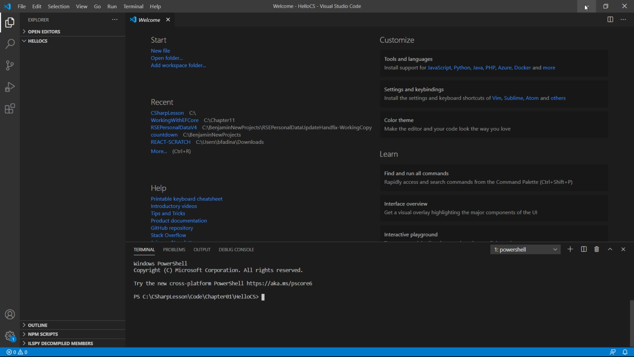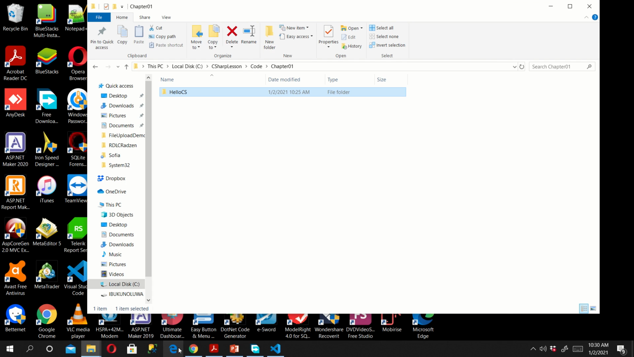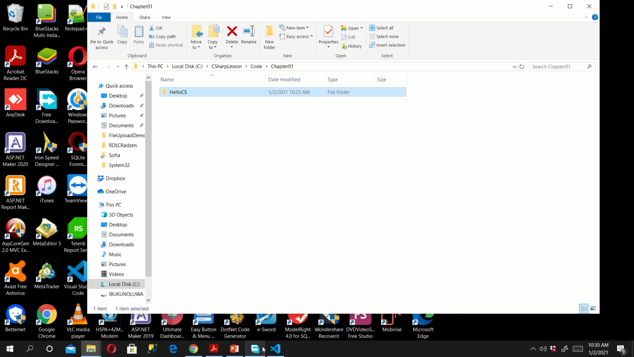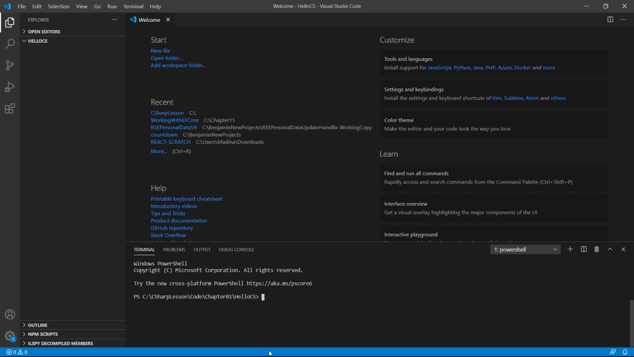So now, I'm not sure that this command we will write is going to work on this. Now we want to create a new console application, but this is the command we type: .NET new console. Are you following? So how are we going to do it? We say .NET